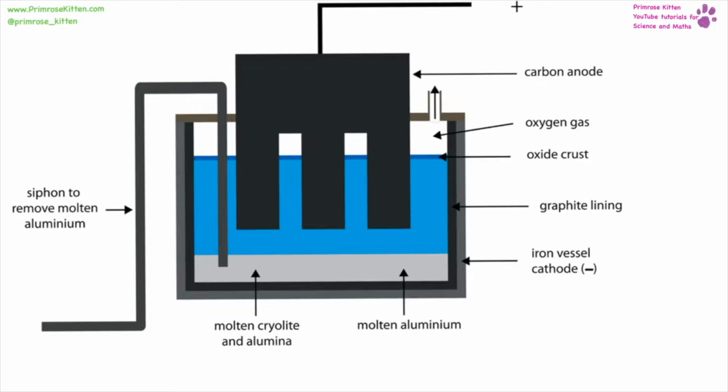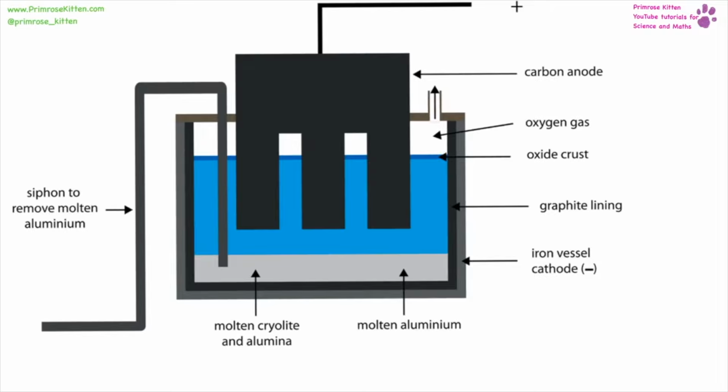Aluminium electrolysis is a slightly different form of electrolysis. We have one electrode up here, this is our positive anode, and another electrode down here, this is our negative cathode. The molten aluminium oxide and the cryolite. Cryolite is just a compound that is added to reduce the melting point of molten aluminium oxide. It's added into this reaction vessel, and we get one reaction taking place down here and another reaction taking place